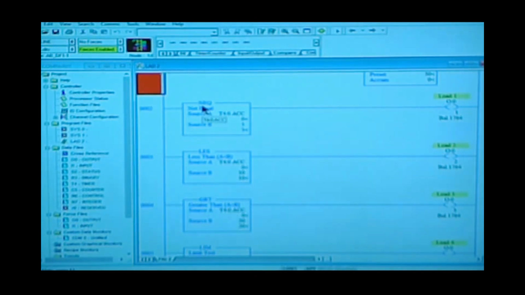Here we have a statement that is not equal. So right here I have source B is the number 5. As long as that timer's accumulator is not equal to the number 5, my output will be on. So this load will only be on for 1 second's time, and only when that accumulator